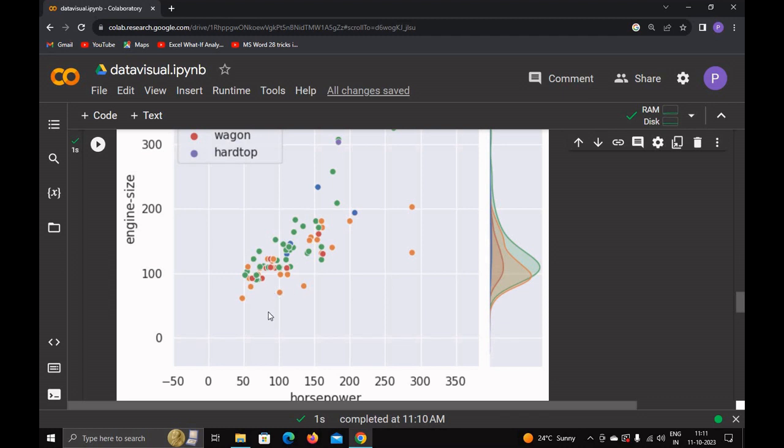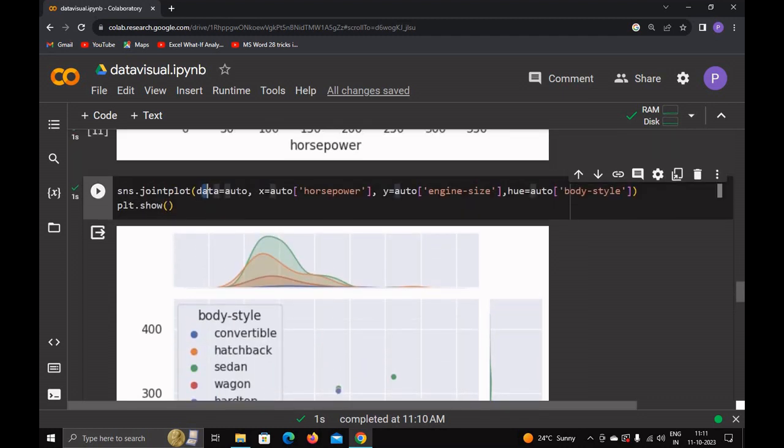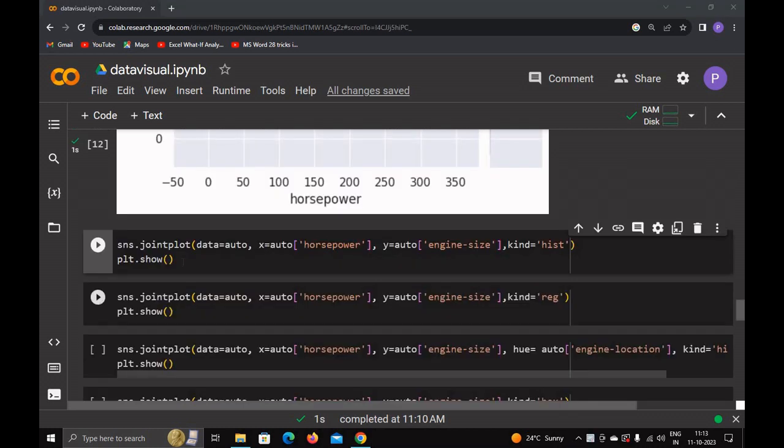So it's very easy. You can simply use the data, then x-axis, then y-axis, and then you can use the hue, and you can give any variable name here. So it's very easy to create the joint plot. Next we will create a joint plot between horsepower and engine size, and this time we will use kind equals histogram. So when you run this cell,